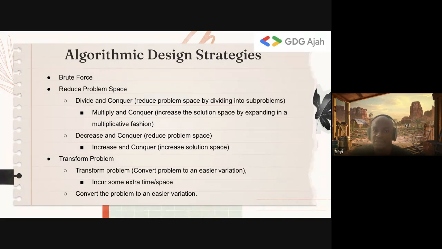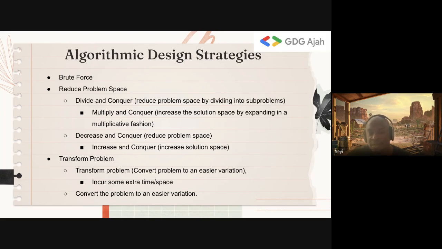The second one is reducing the problem space. And this falls into two main categories, the first of which is divide and conquer. When you divide and conquer, you are reducing the problem space by dividing it into sub-problems. The idea is you have a big problem, but you can't solve the big problem, or it's hard to solve the big problem. But you know you can solve a smaller problem. So you divide a problem into multiple problems. Could be 2, could be 3, could be 4, doesn't matter. You divide it into multiple problems, solve each of those problems, then combine the results. That's divide and conquer. The other variation, I came up with this, is kind of multiply and conquer.